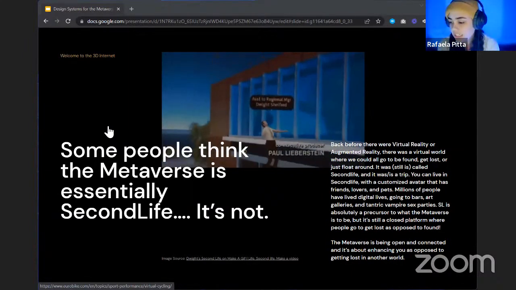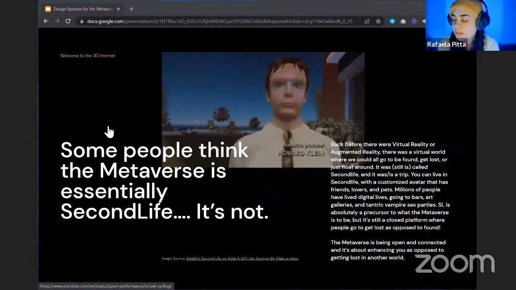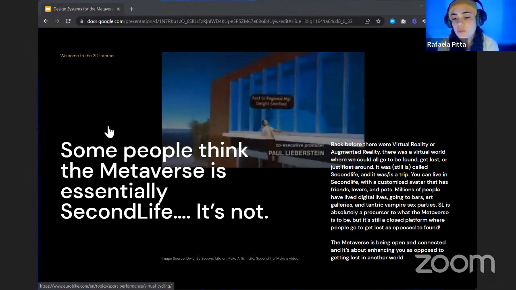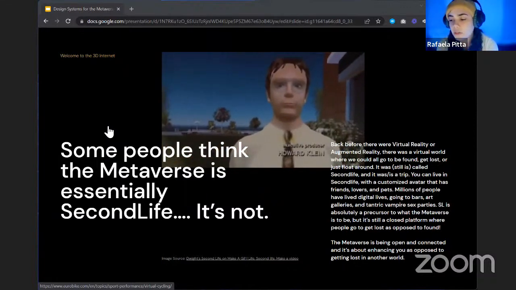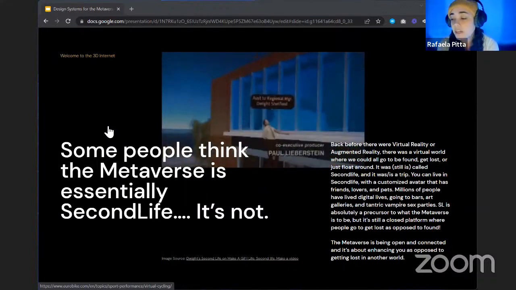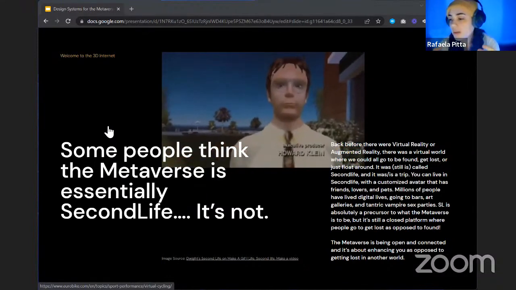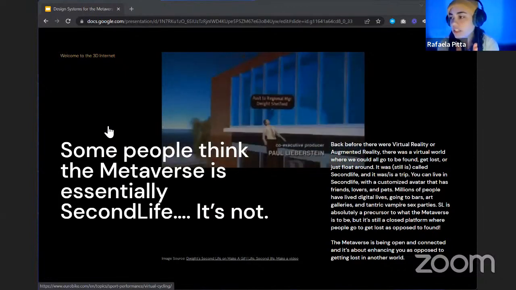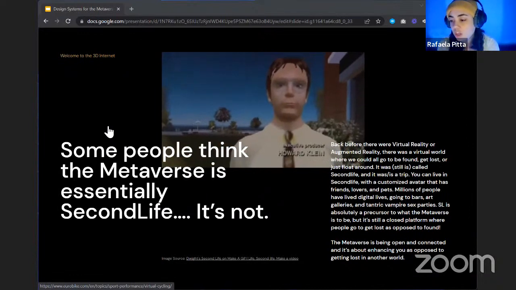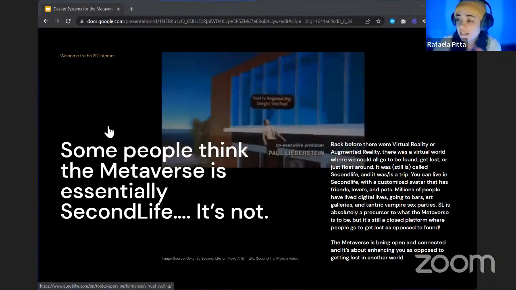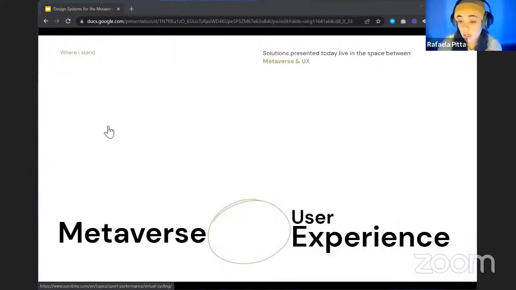So it's what we call the 3D internet. We're actually having trouble with the concept. Most people think Metaverse is just something that Meta, Facebook, is now creating, or that it's not very accessible, or that you need a VR headset to have it. So we have all those questions, but definitely it's not Second Life. It's not a game, it's not closed, it's very open, it's very wide, it's a huge concept, and it's something that you should get involved in early.